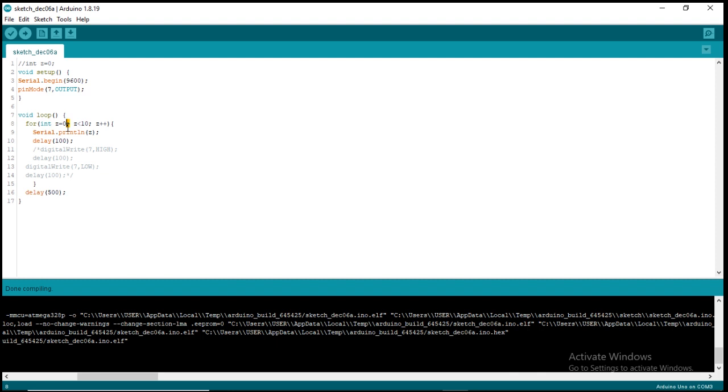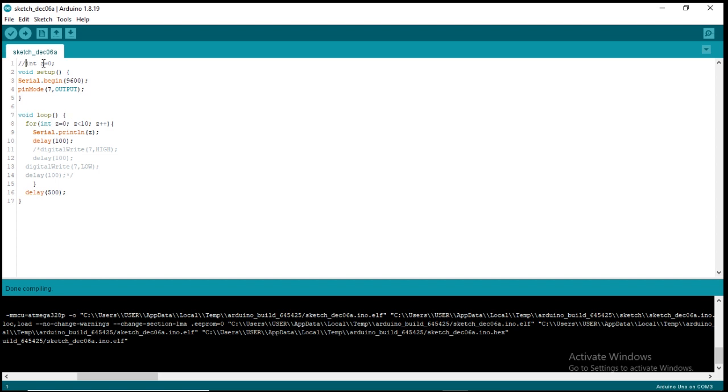So the way these for loops work is that either you initialize it here. That is the reason why I commented this part. If you want, you can initialize it here. This is just a normal variable, a certain point that you give the compiler to work with while giving the condition, right? So either you initialize it here or you initialize it inside the for loop. What I mean by initializing it outside the for loop is that instead of putting this int z, all you have to do is just put z. If I decide to remove this comment here,